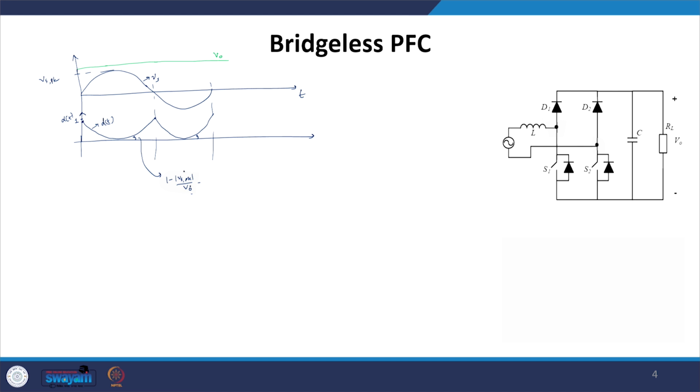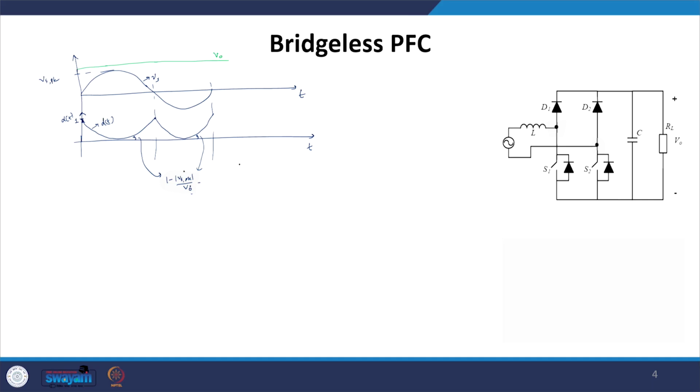So this is what you will get, and closer to 0 our duty is nothing but 1, so it is near to 1 because our Vs is equal to 0. So we have 1 going near to 0, not exactly 0, and if we take V0 equal to Vs peak, then this is 0, otherwise it is very close to 0. This and this value are the same. So this is a duty ratio variation which is the same as that of the boost PFC converter case. However, there is no diode bridge rectifier, and if we look very carefully,